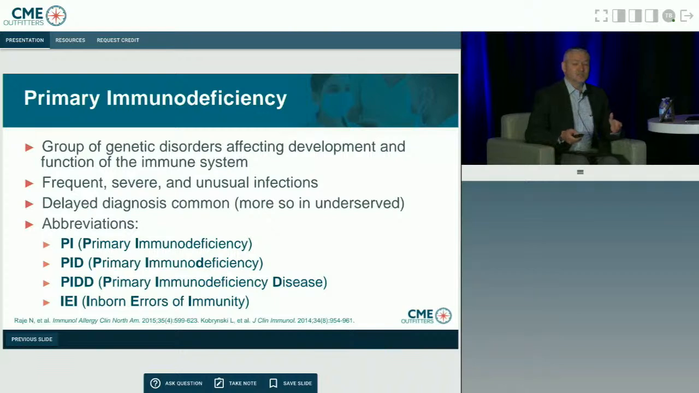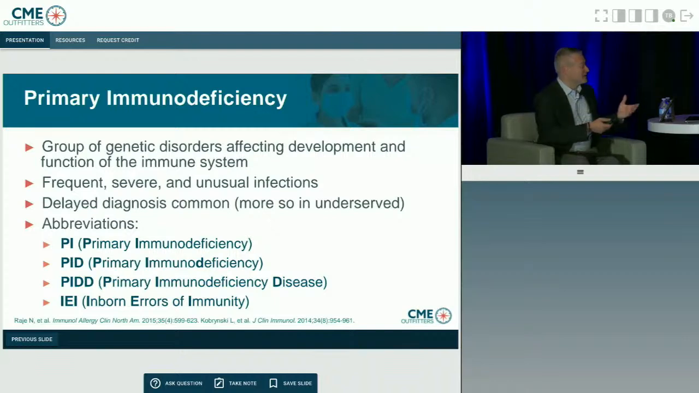And unfortunately, because patients with PI don't really look any different than a normal patient that's walking through a pediatric practice with infection, there is often a delayed diagnosis. And we know over the years that that probably also impacts patients from an underserved community a little bit more than the general population. We've also struggled